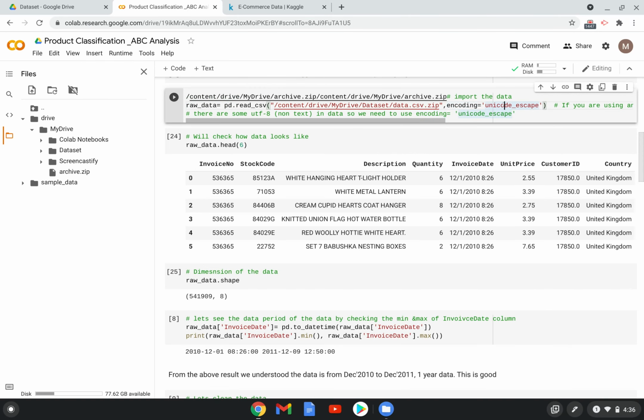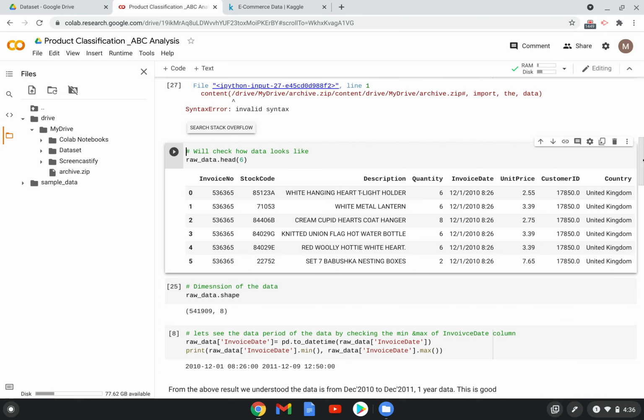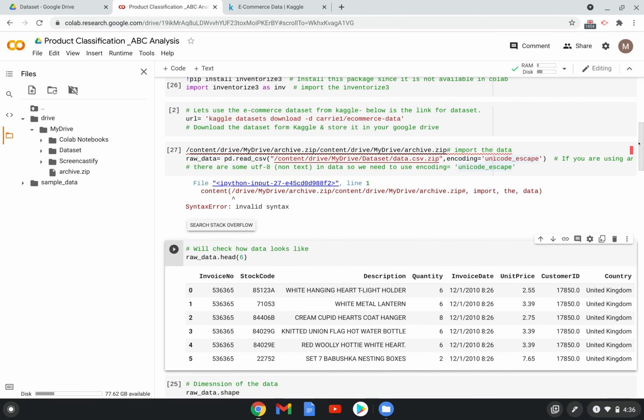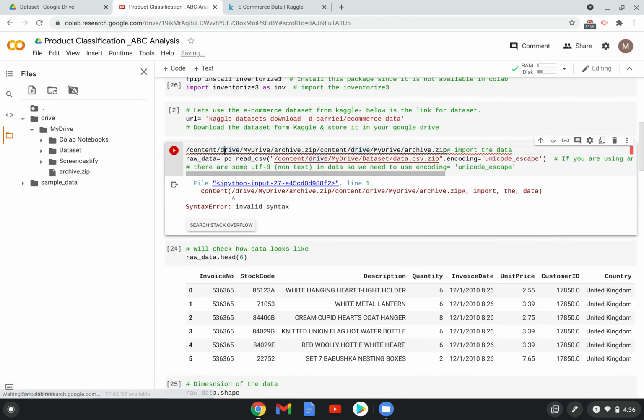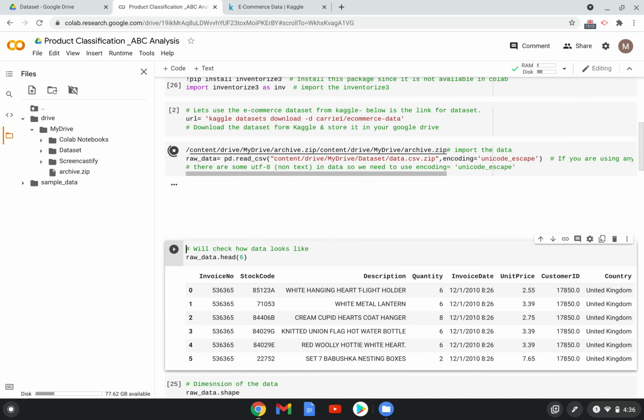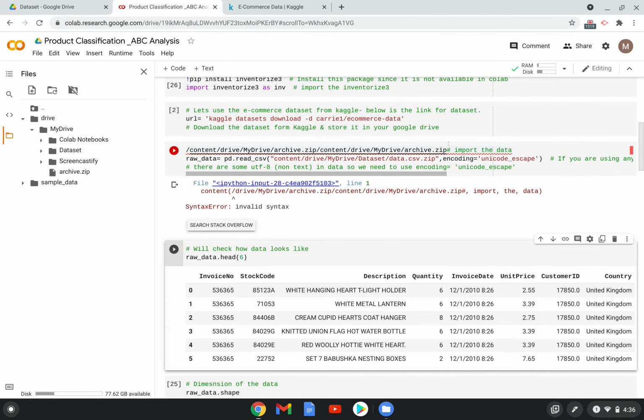Let me just execute this. Okay, it is showing me that drive. So I missed to, so this is not required. That's what it's saying. Let me just remove this.